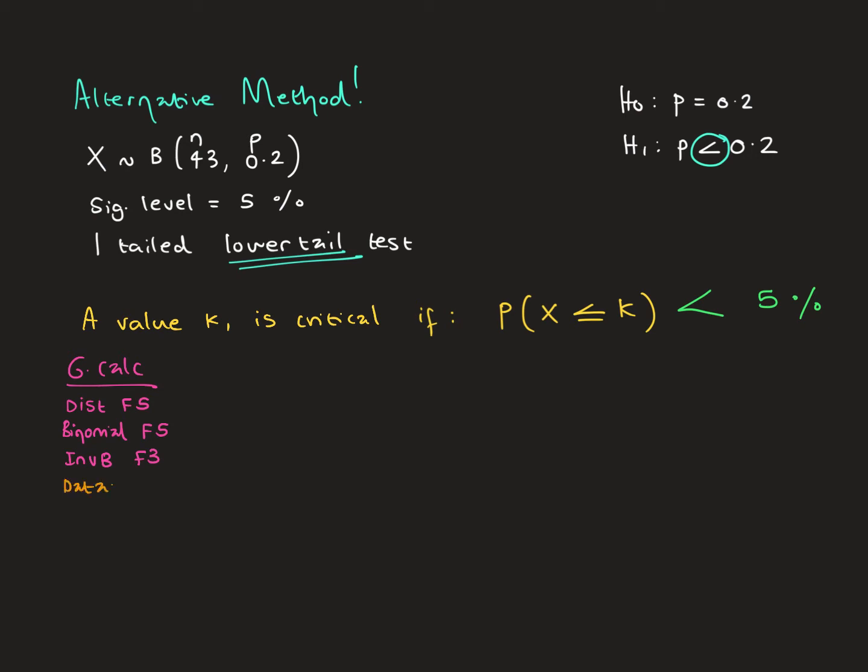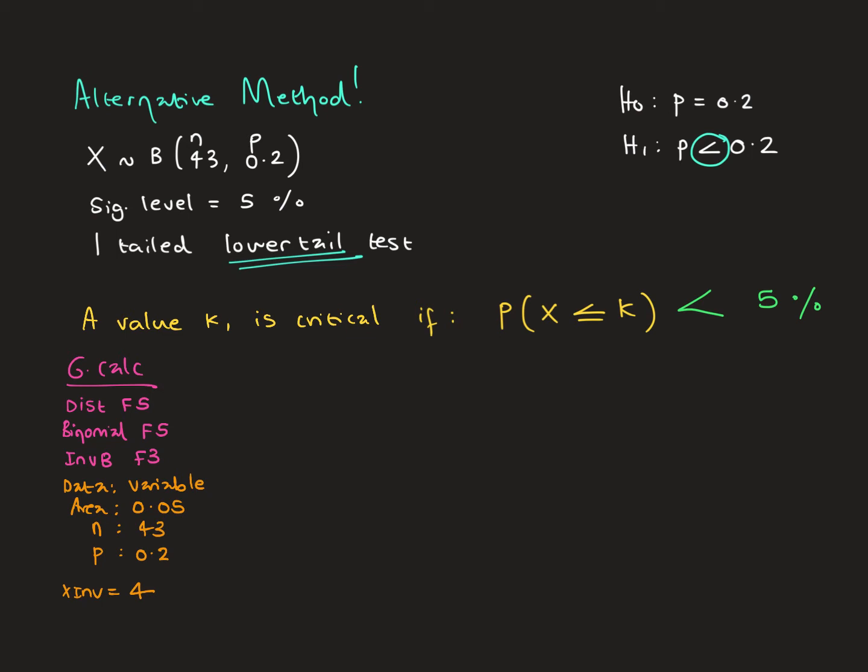So I need to make sure that data is set at variable. The area refers to the significance level, so that's 5% or 0.05 when converted to a probability. The number of trials is the value from the question, which is 43, and p is the probability from the question, which is 0.2. Now, where do I go from here? I then allow the calculator to run this, and it should then come up with something that says x inverse equals 4. Now, that's telling me that 4 is potentially going to be a critical value,